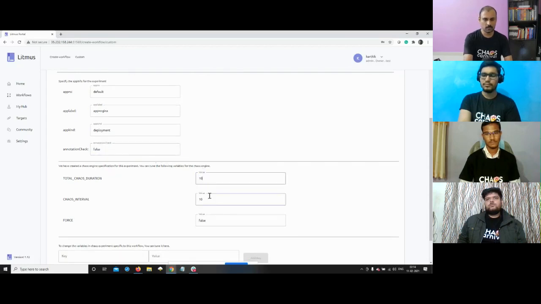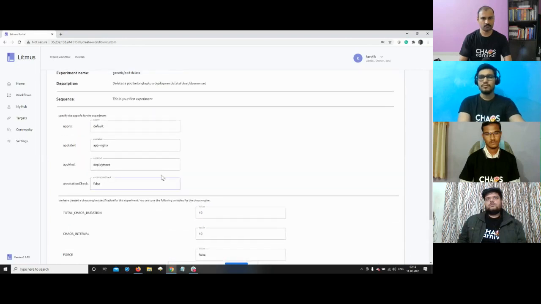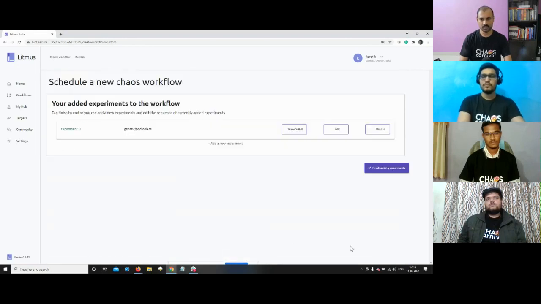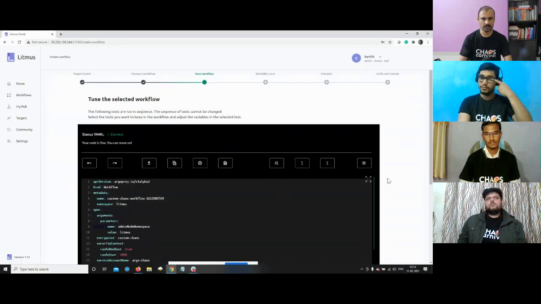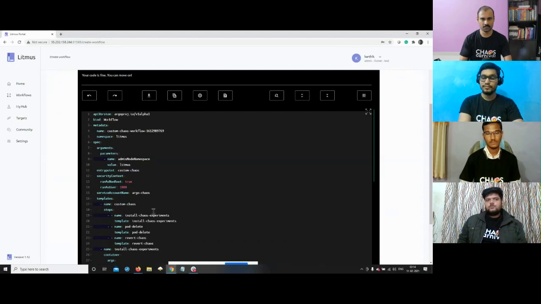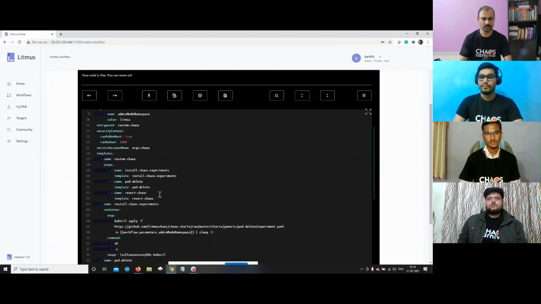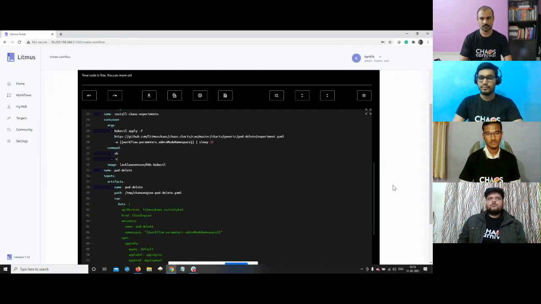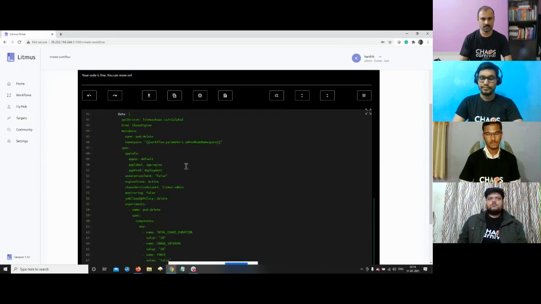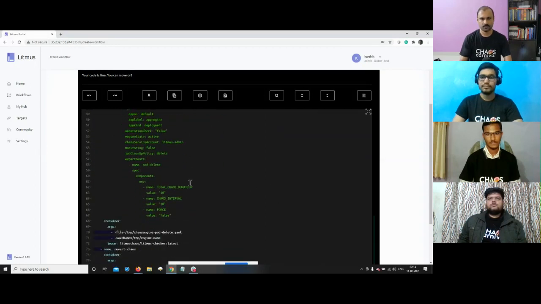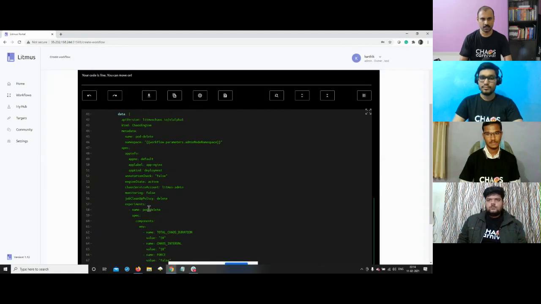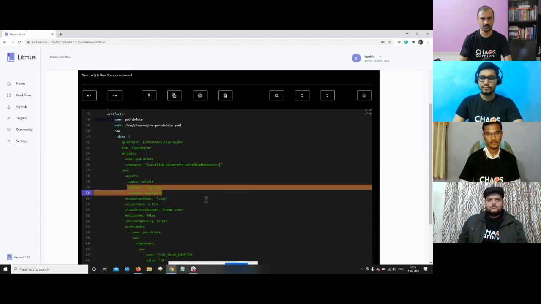And I just want to do one iteration of chaos, just once. So I have the interval and duration as the same. And with this information, I just add the experiment. I don't want to add any other experiments. You get a workflow like this, which is going to install the experiment CR, run the chaos, and then clean things up. So you can see the chaos engine has been constructed here. And this is the one that's actually doing the pod delete experiment against an Nginx application with the tunables that we set during the